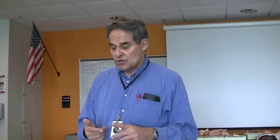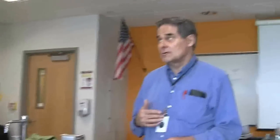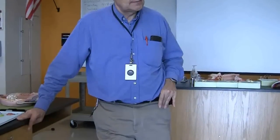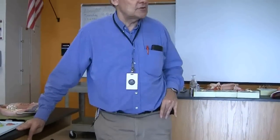And then the inner part comes from the endoderm. This would be your GI tract, your digestive organs like liver and pancreas, also your respiratory tract as well, and the common passageway they share, the pharynx, the throat, all of endodermal origin. So endoderm basically is what's going to be connected to the ectoderm in the long run? Well, they're all going to be connected eventually, but I'm saying it'll be tissues on the inside of the body, deepest in the body, like your GI tract. But they open up to the outside, right? Well, the GI tract does, and so does the respiratory tract, yes. Mesoderm is only in the